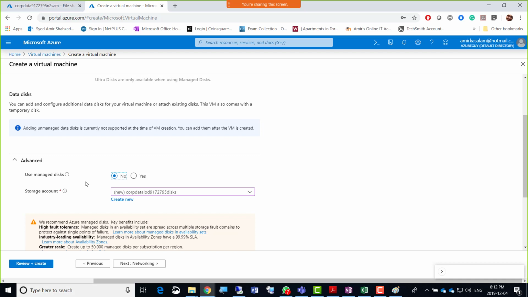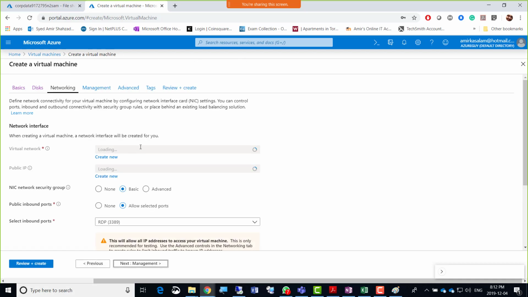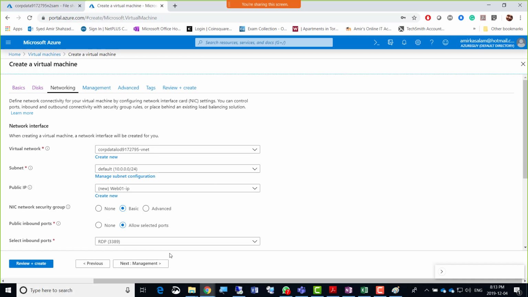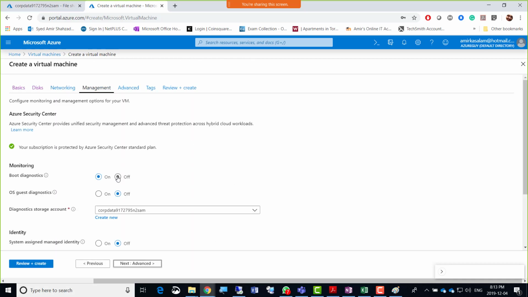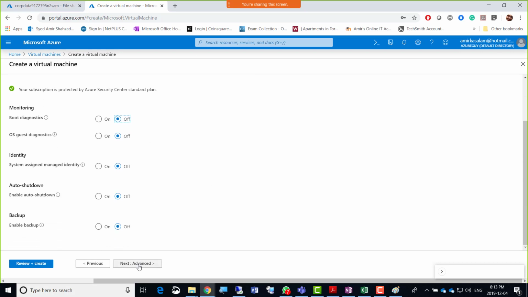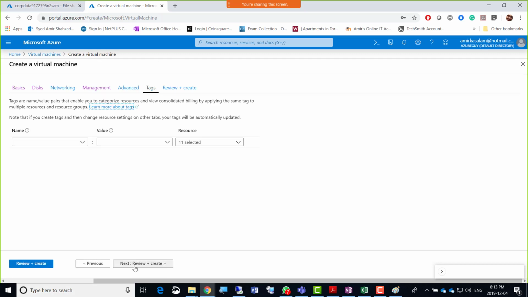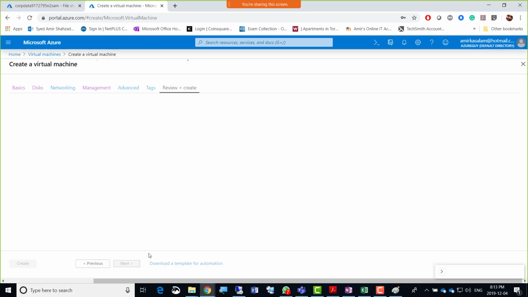So I'm just going to create a virtual machine which you are expecting to be there, because the question does not say to create a virtual machine. It is there. If it's not, then make sure when you create a virtual machine, it is no here, right? So that's it. And I'll click networking. Nothing here, it's in the same network. Management. Yes, you do have to enable boot diagnostics, though if you're creating a machine, I don't think you will have to, because the question does not specifically say you have to create a virtual machine. Tags. Nothing in the tags. Review plus create, and create.